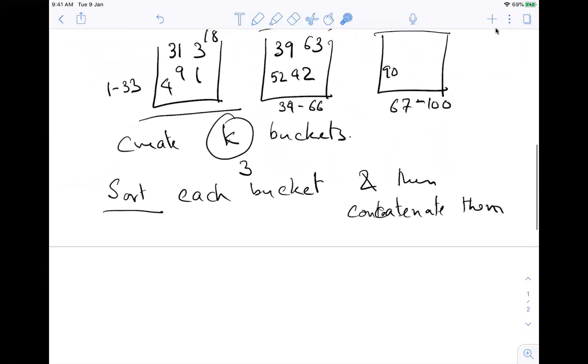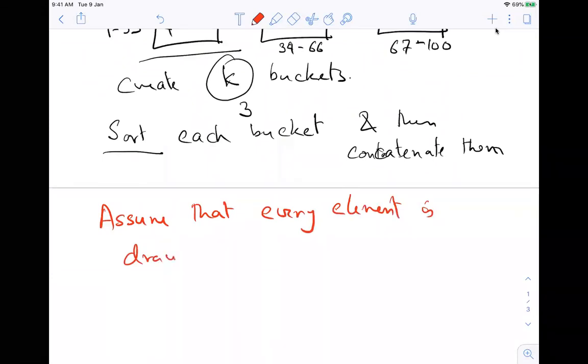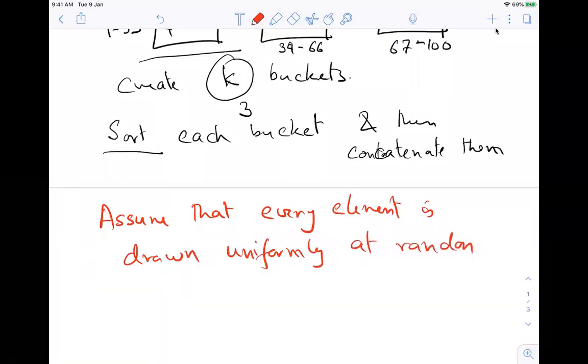But now let's say I assume that every element is drawn uniformly at random from the integers 1 to m.